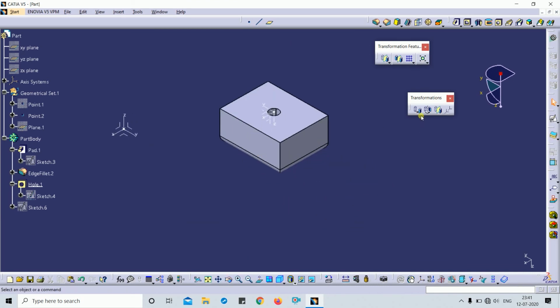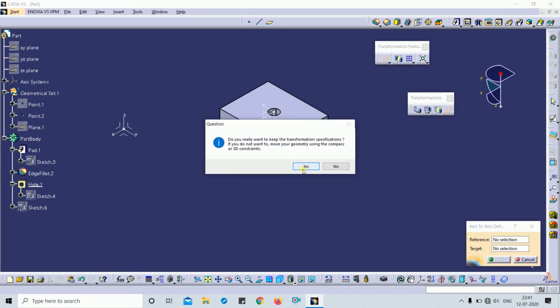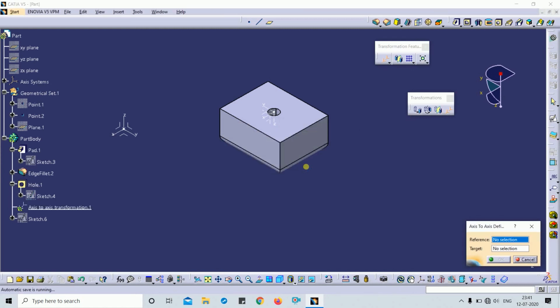Now I select the axis to axis command. Here you select yes. This is my reference, and this is my target, meaning I want to transform this body according to this axis-to-axis definition, from the reference to the target axis.